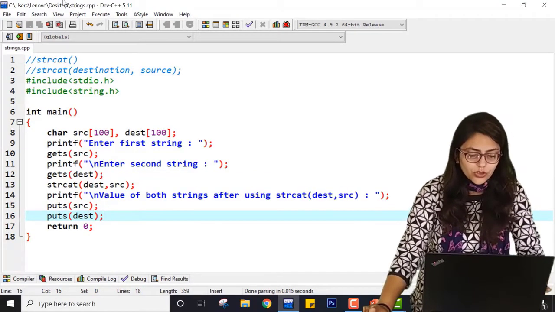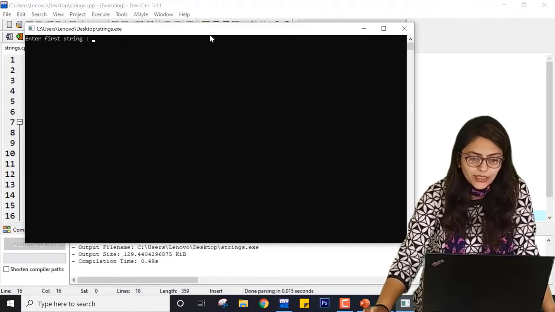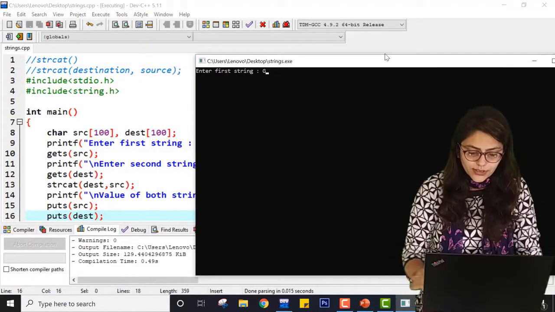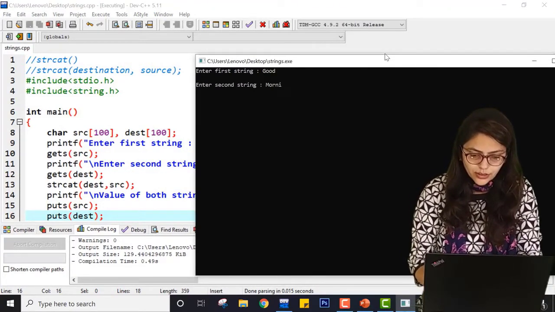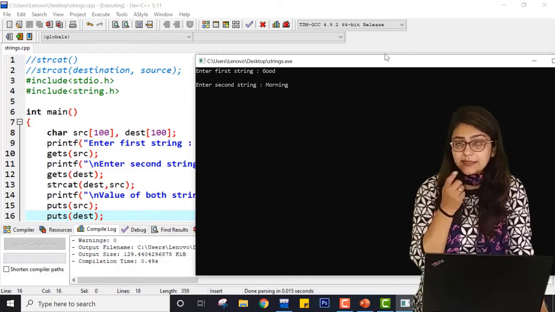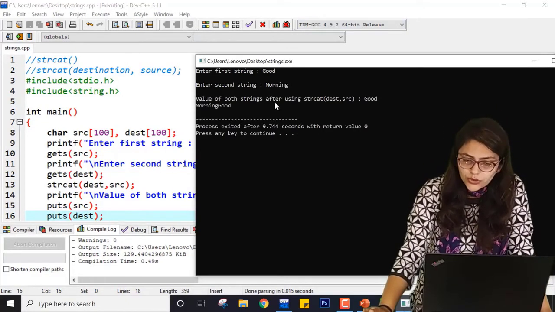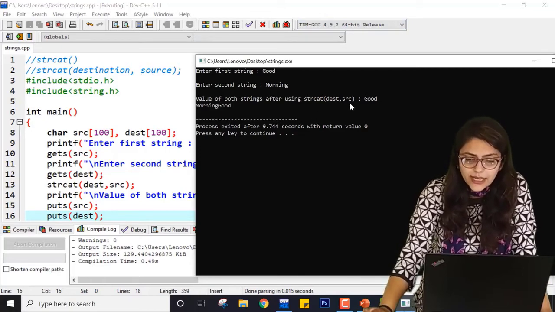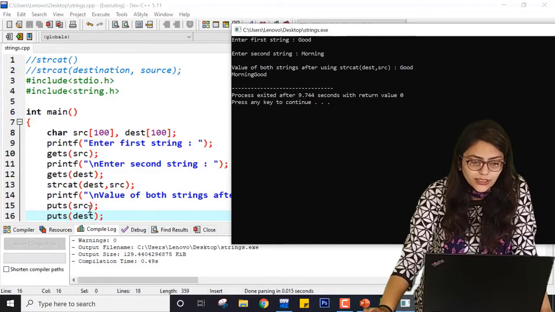So right now just copy this thing, and if I'm just executing it, compile it and run it. So first string is good, second string is morning. It will not have any spaces in between, so don't worry. The value of both strings after using strcat, dest and src. First is good. So here this good is nothing but this src.